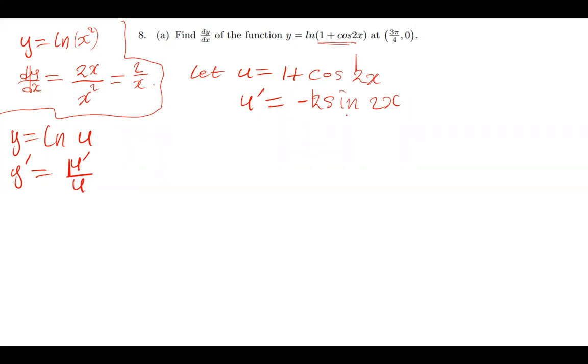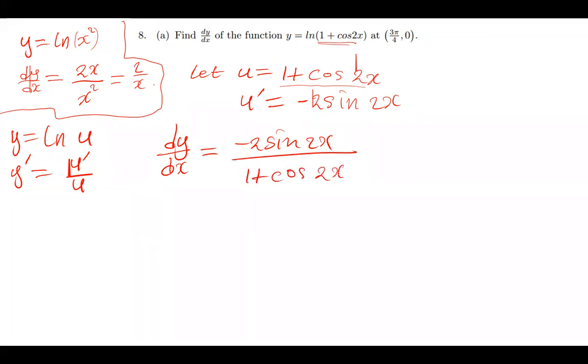So to find dy dx, we simply put u prime on top as a numerator. Our u prime is negative 2 sine 2x,